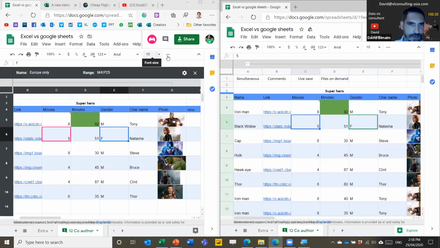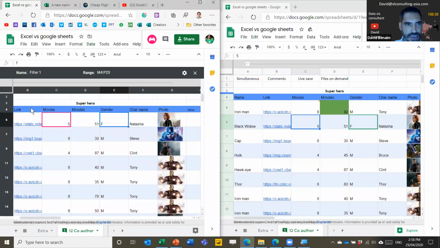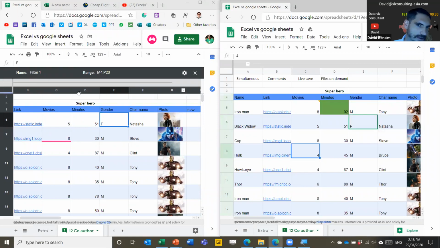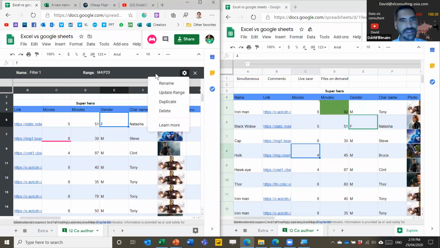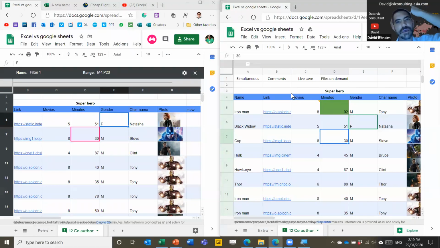So showing you a similar functionality in Google Sheets. In fact, again, I will say Excel pretty much stole this from Google Sheets. You have this thing called filter views, and one user, this person here, can see only what they see, and this person on the right sees something else. Again, you have the black background again. And then you have ways to rename it, to change it, and edit the settings. Slightly different, this extra area, but a lot of it is very similar. That's filter views in Google.